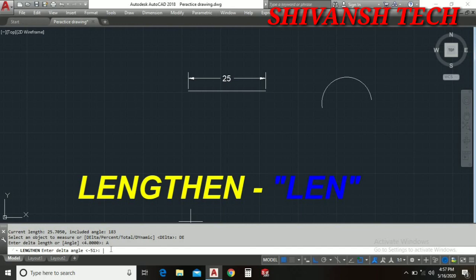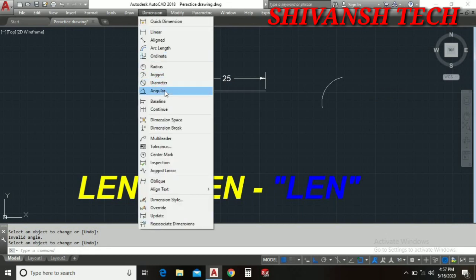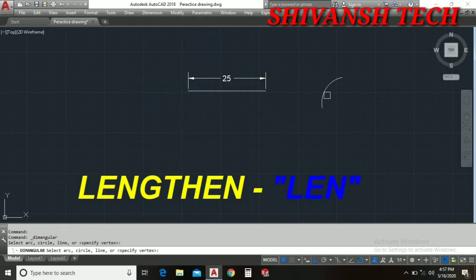So we need to enter negative angle, negative 93. I'm gonna enter as, just click here and enter. Now this is asking select object. I just click here and we can see now the angle is of 90 degree. So we can select the arc length and the angle also, 90 degree.